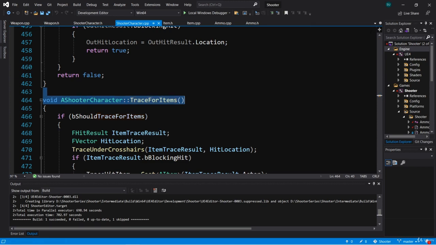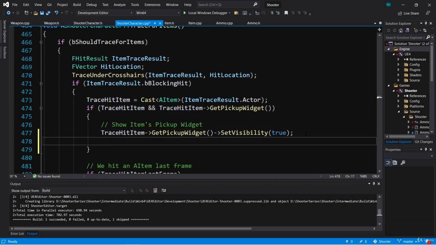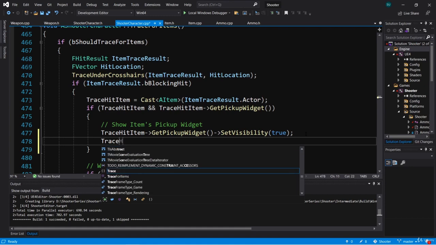Now here in trace for items, we're setting the pickup widget visibility. This is a good spot to enable custom depth. We've already cast to an A item, so we know that trace hit item has been cast to an A item if we're in this if statement, so we can call that function enable custom depth. So we're going to say trace hit item